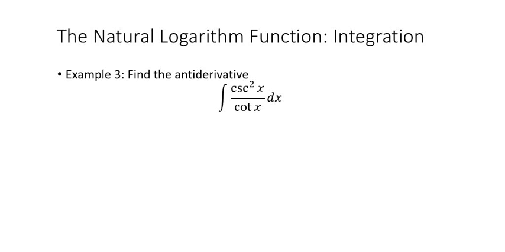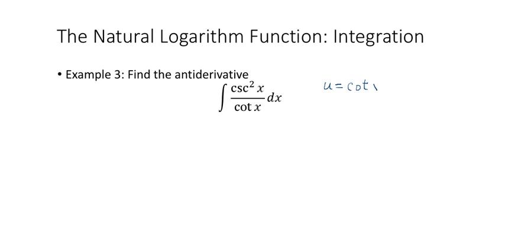All right, let's try another example using our natural logarithmic form. This time one that's not polynomial or e^x related. Let's try one that has a trigonometric function like cotangent and cosecant squared x. Again, we can make the replacement fairly directly right here if we recognize that if we set u equal to